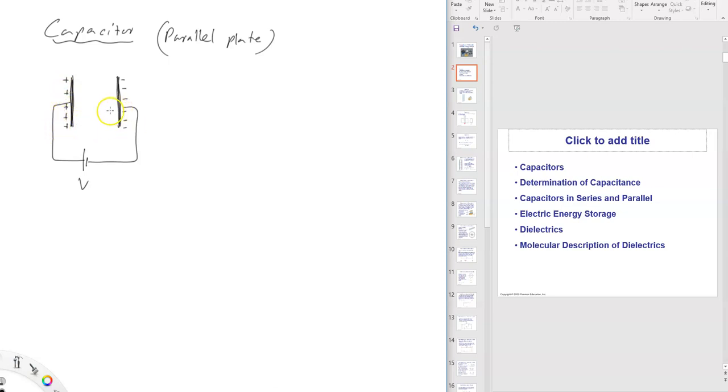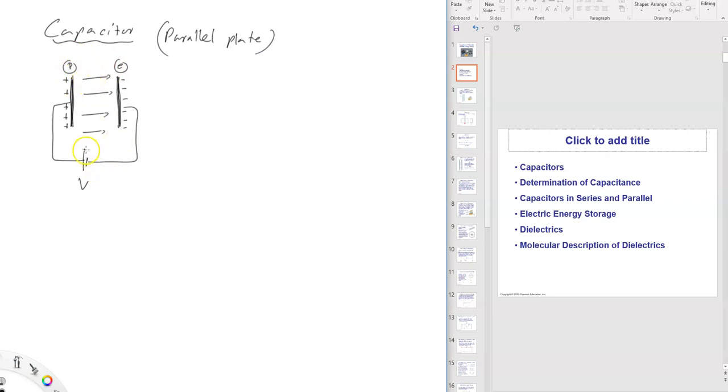It's not that electrons jumped from this plate to the other plate. That didn't happen. The presence of electrons repels all the electrons from the left hand side plate, leaving it positively charged. Now we have an electric field. Now there's a charge separation. This side has an accumulation of electrons. This side has extra protons. Now there's a charge separation.